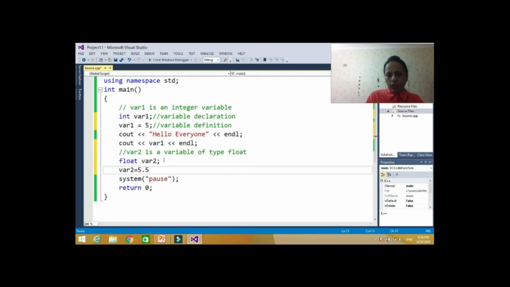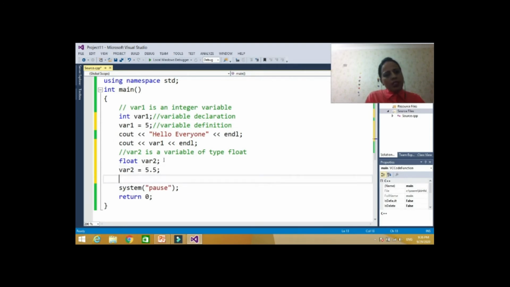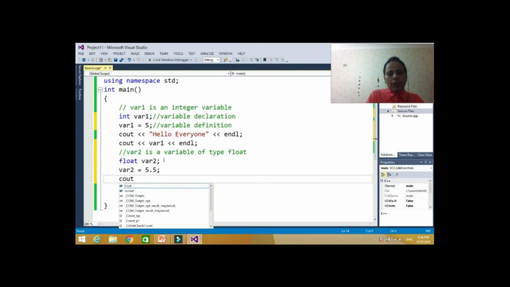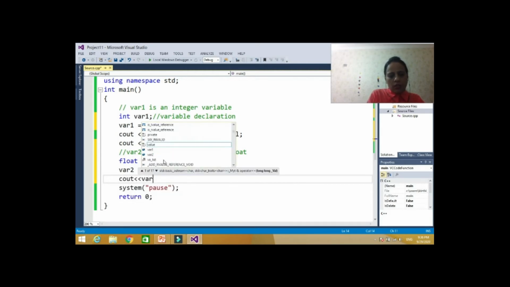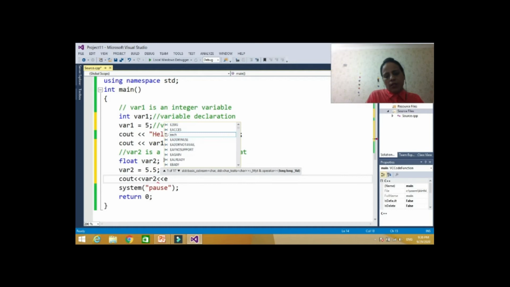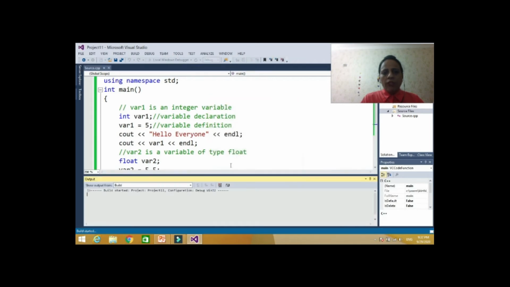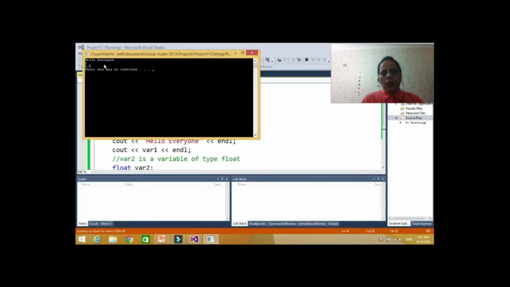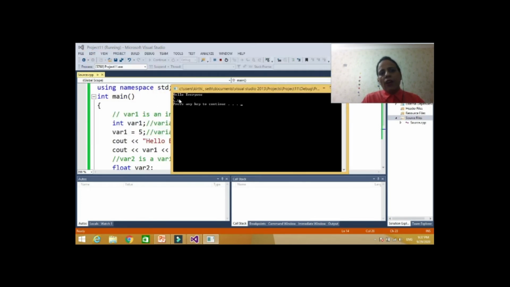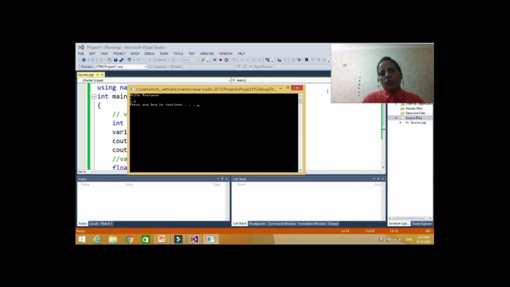Let's say 5.5. Similarly, we can print this var2 with the help of the cout statement. Now let's check it. What happens when we run it? Hello everyone, because it is a string, then var1 is 5, var2 is 5.5.